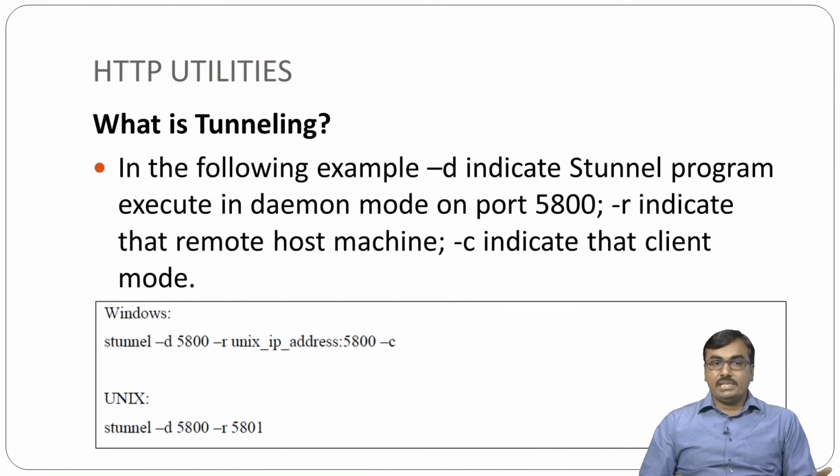In the following example, -d indicates the Stunnel program executes in daemon mode on port 5800, -r indicates the remote host machine, and -c indicates client mode. So Windows will execute stunnel -d 5800, that is the port, -r for the remote machine, -r Unix IP address on port number 5800, and -c. Then in Unix, on the machine, you will enter stunnel -d 5800, that is our port, and remote is 5801, you can say. So this is our HTTP utilities